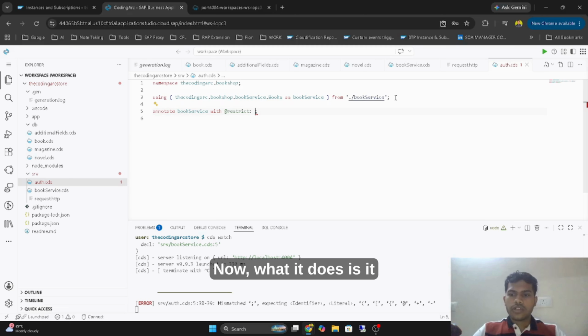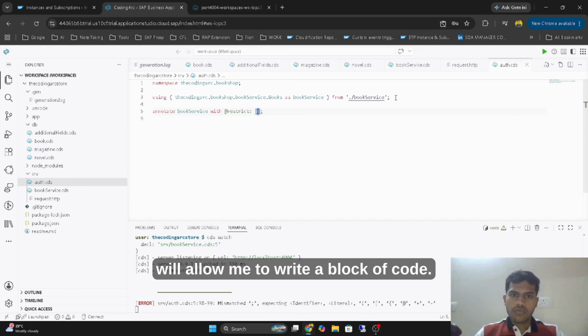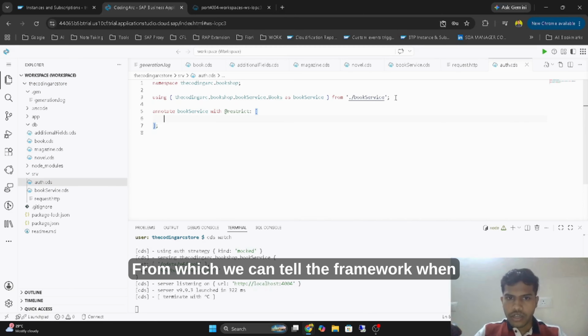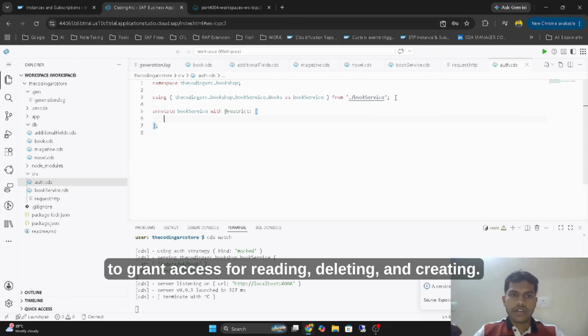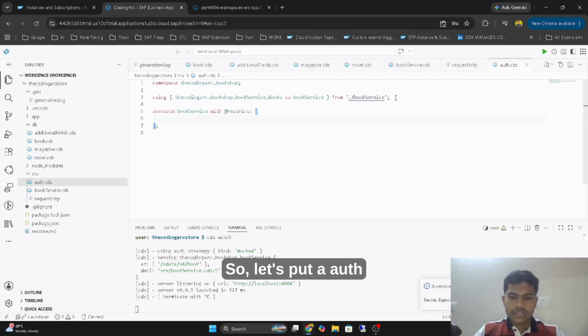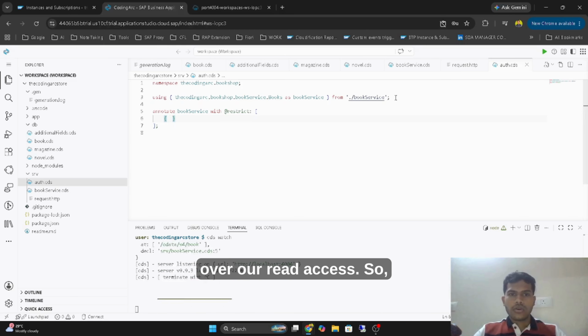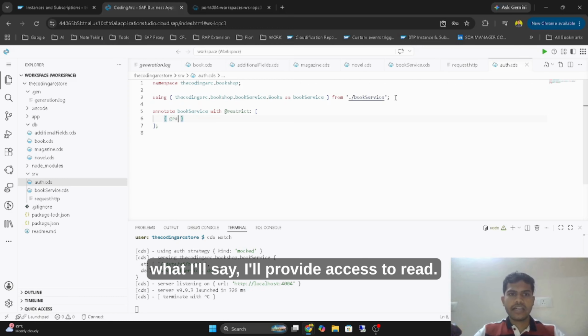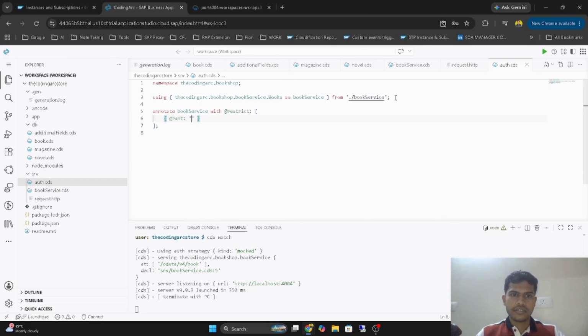What it does is it will allow me to write a block of code from which we can tell the framework when to grant access for reading, deleting, and creating. So let's put an auth over our read access. I provide access to read,